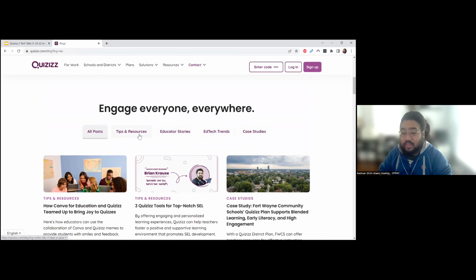So you have things like tips and resources. You have educator stories, which I love these because they give you really specific examples on how this tool is going to be used, really practical examples. And also they have EdTech trends, so you can see how this tool can be used in the future,